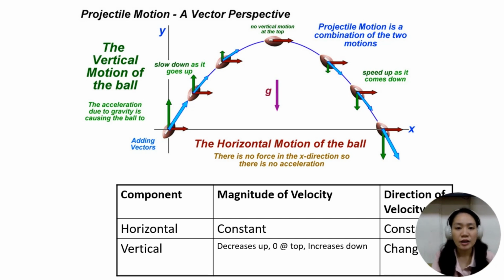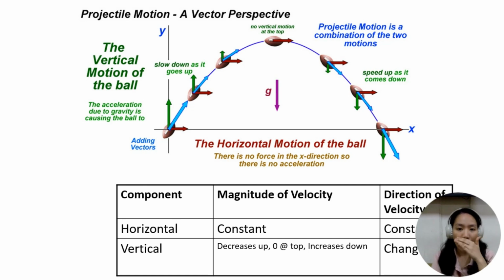It is the one pulling the object as it goes up, slowing it down, and it's also the one pulling the object as it goes down, making it speed up. On the other hand, if you look at the red arrows to the right, they are all of the same length, and this indicates the uniform motion happening along the horizontal, wherein the object doesn't accelerate.